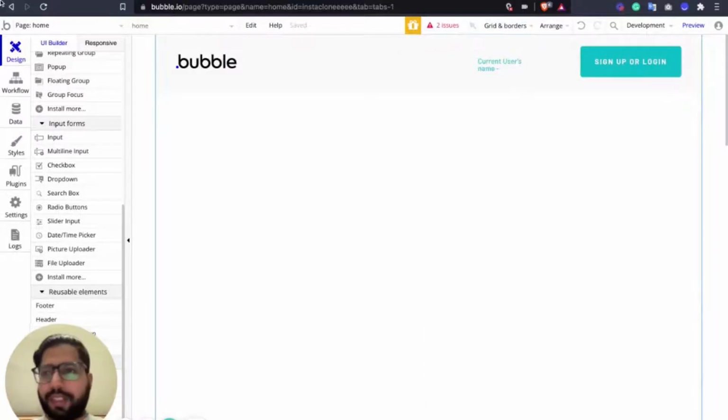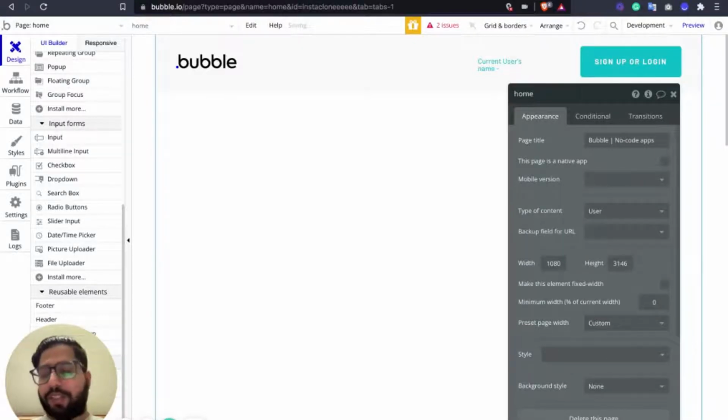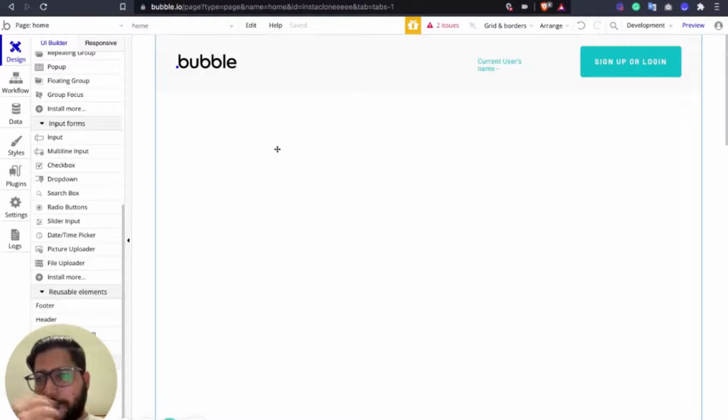And in this feed, we have to define what kind of content will be here. So the type of content would be the user. Whoever is logging into the application should be the type of content, so the application will know that this is the user. All the personalization, all the images, whatever needs to be loaded will be loaded with respect to this user. So in this one, we are going to create.